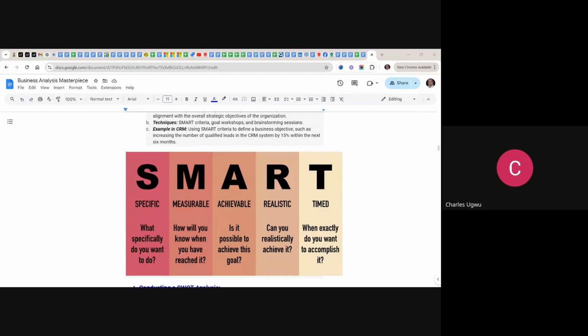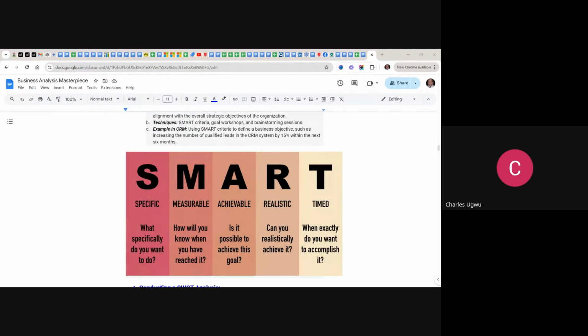So that is, you are specific on what you want, and then you see how you measure it, and is it achievable? Is it achievable? Of course. For you to say it's achievable, you must have, within where you live and where you are going to have this meeting,